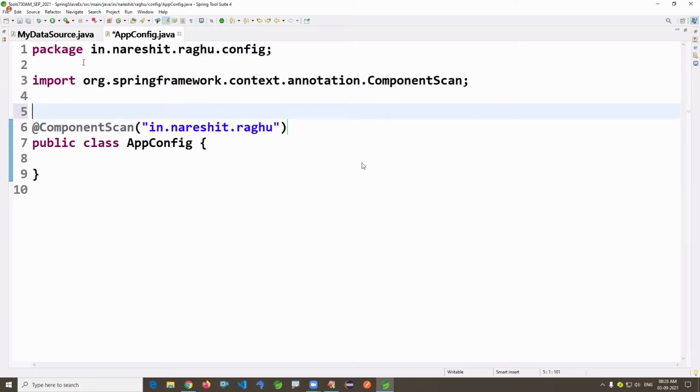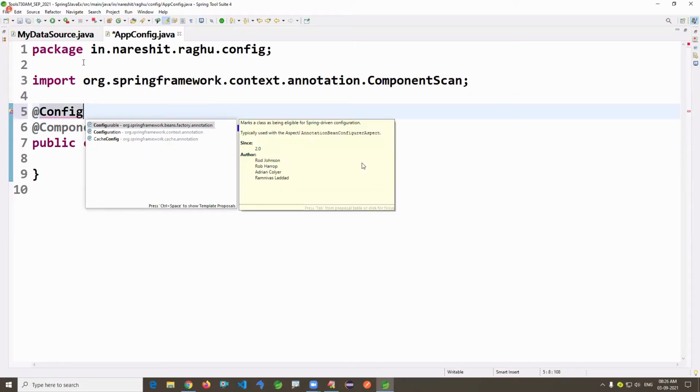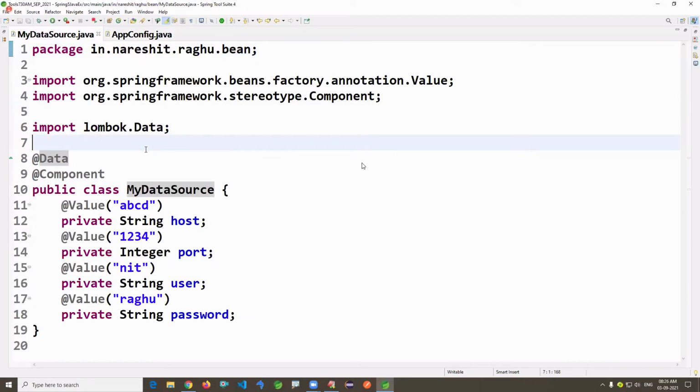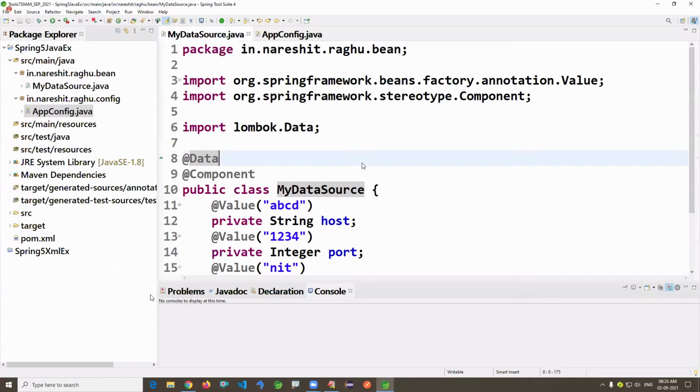And we have to say it's a configuration file, a Java configuration file. If you want to work with a properties file, of course you can do it. I'm giving hard coded data only. And finally the test class. Previously I gave the same data by using an XML file, but this time I'm providing direct values here.